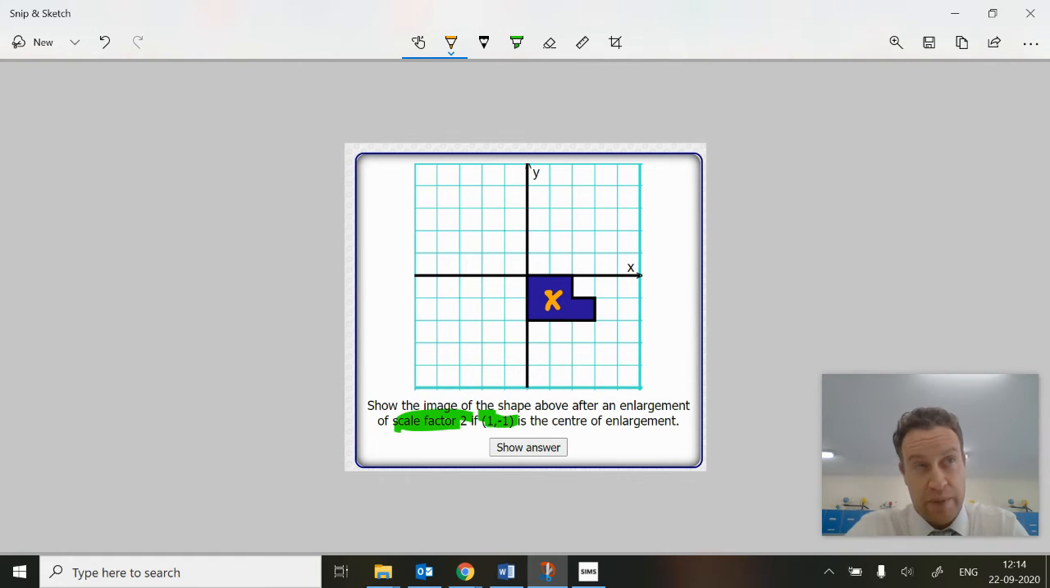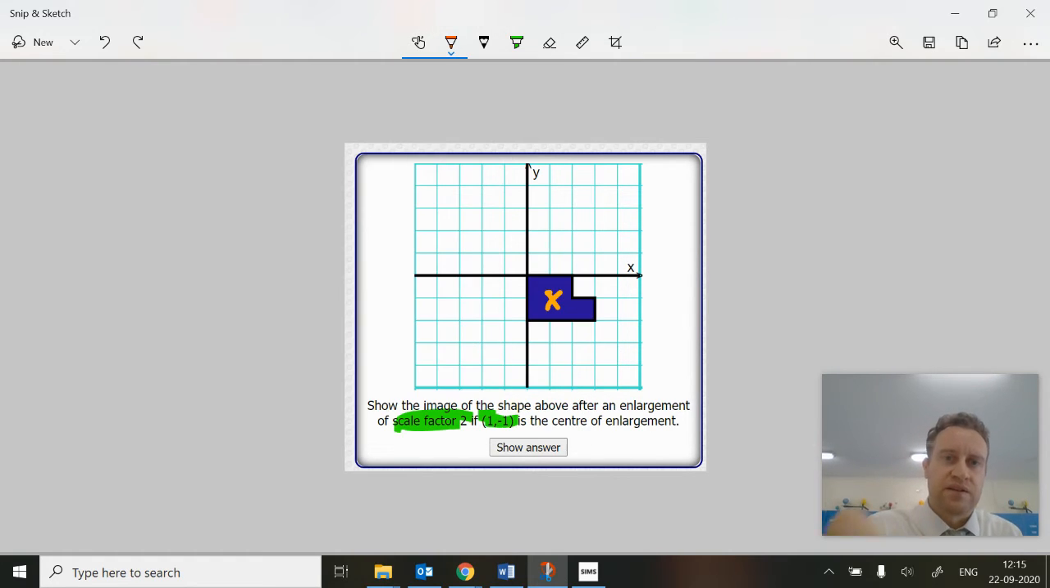So what's going to happen is all of our coordinate points, all of our vertices, all of our corner points are going to go twice as far away from the center of enlargement. So for example, this point in the middle is going to take this corner point twice as far away. And I can count my diagonals for that one. That's quite easy to do. I can count 1 diagonal there and 2 diagonals there. So I'm going to end up with,